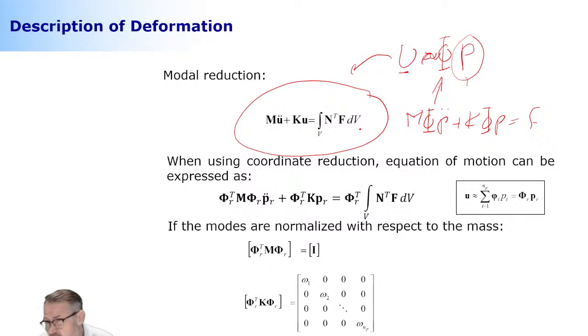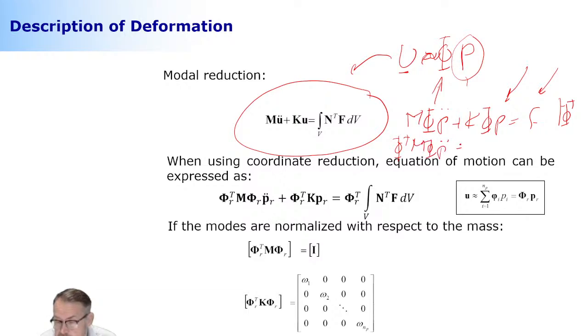This is still not okay because you look, I have here modal coordinates as an unknown, but the forces are still expressed in terms of nodal coordinates. So I need to convert that to be in modal coordinates. And the way I can make it happen is that I multiply the entire equation, both sides, by the transpose of the shape function matrix. Now what happens when you do that? It's going to be like this.